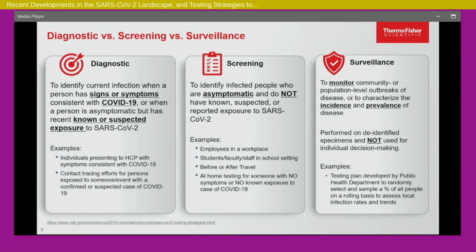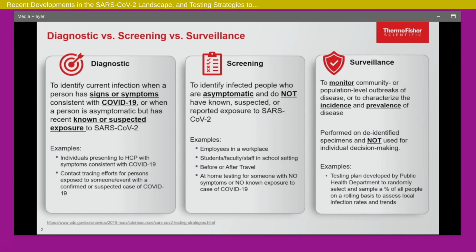A diagnostic test is something that we use when someone presents with a symptom, is falling sick, presents to the hospital, or maybe even is suspected of being exposed to the virus. So maybe in some case of contact tracing, you would test these people, and that's a diagnostic test. A screening test is when you are testing someone who is not suspected of having symptoms. You're just going and getting yourself tested, like we took our test when we came here, or you're getting yourself tested before you're boarding a plane. So that's what is called screening.